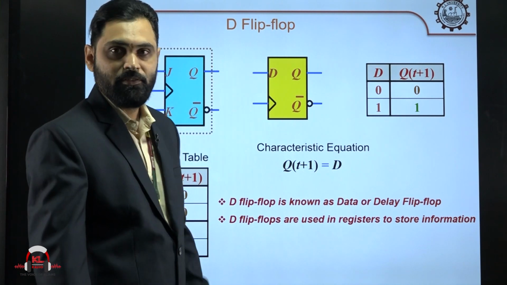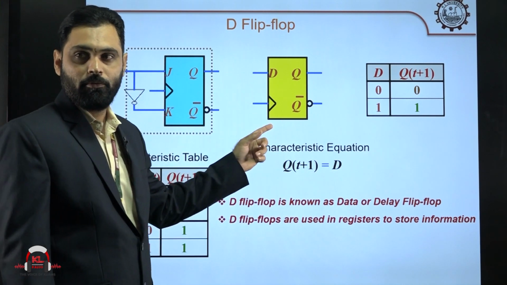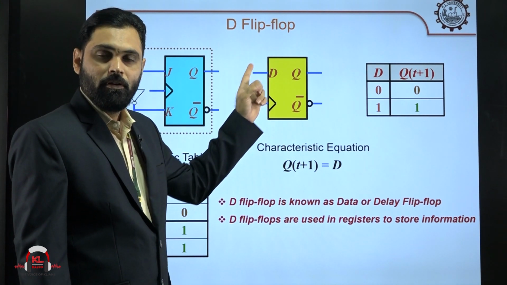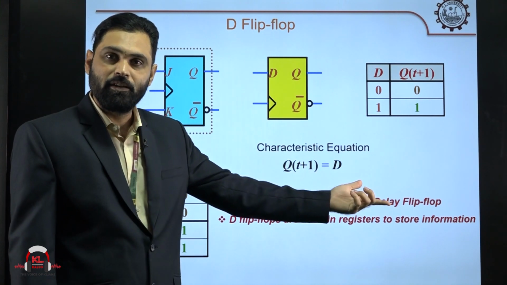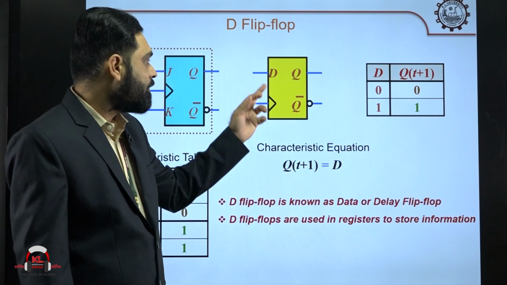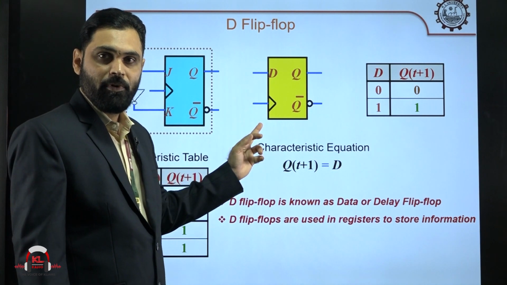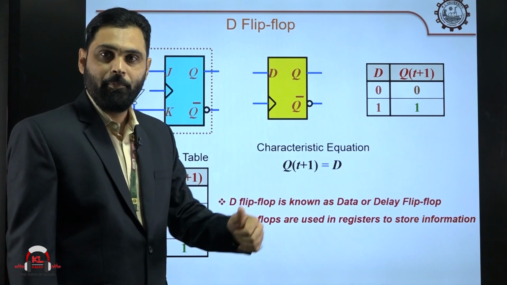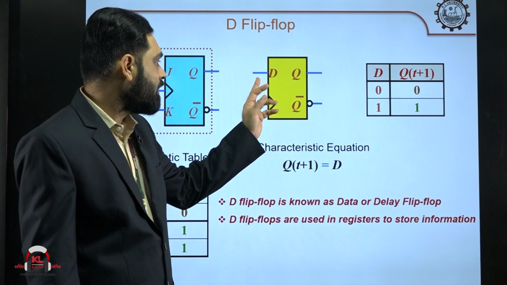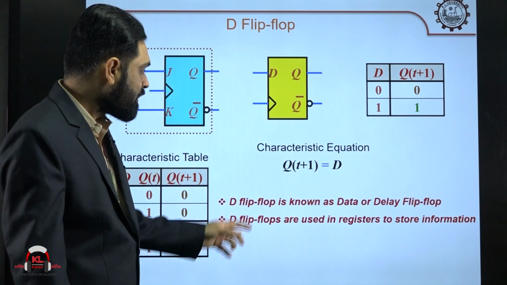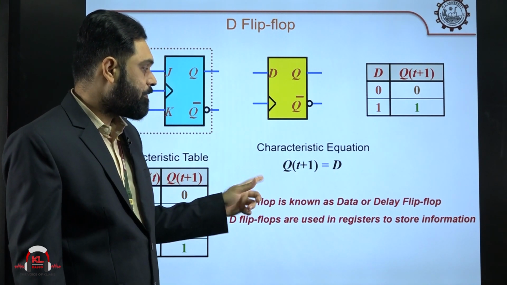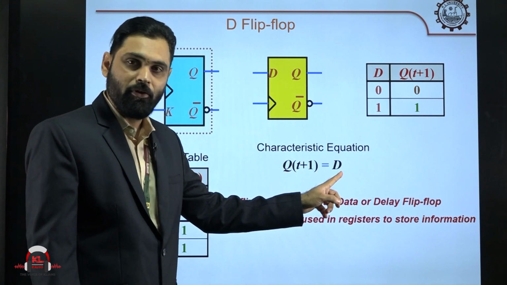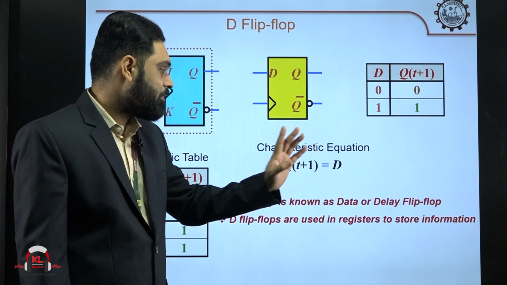The D flip flop operation is very simple. Whatever input you give, the output is the same. Suppose the D value is 0; if you apply a clock pulse, the output value will be 0 only. If the D value is 1 and you give a clock pulse, the next value will become 1. That means whatever input you apply, and immediately if you apply the clock pulse, the input only will be projected at the output. So, this is the characteristic equation of the D flip flop: the next state Q(t+1) is nothing but whatever input you are applying, D only. So, delay flip flop, D flip flop.